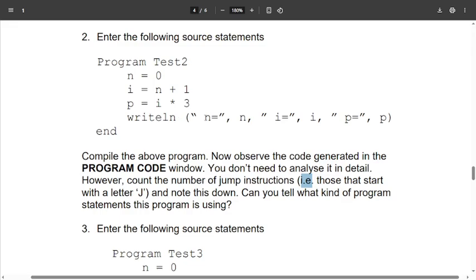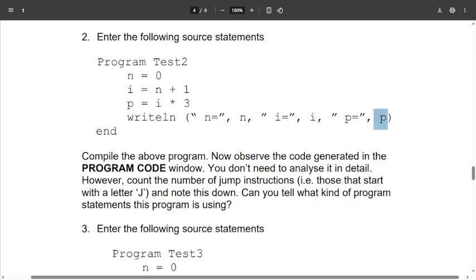But how many jumps? So meaning 1, 2, 3. Because it's outing the n first, out the i. But the output should be the value of n, right? So write line n should be 0, then i should be 1, then p is 1 times 3.